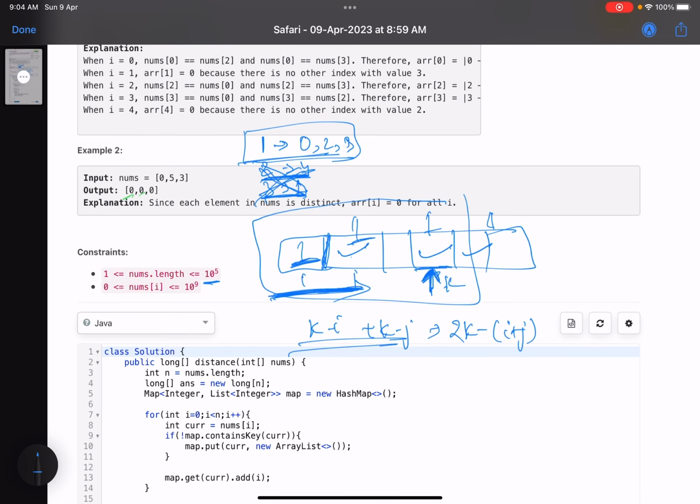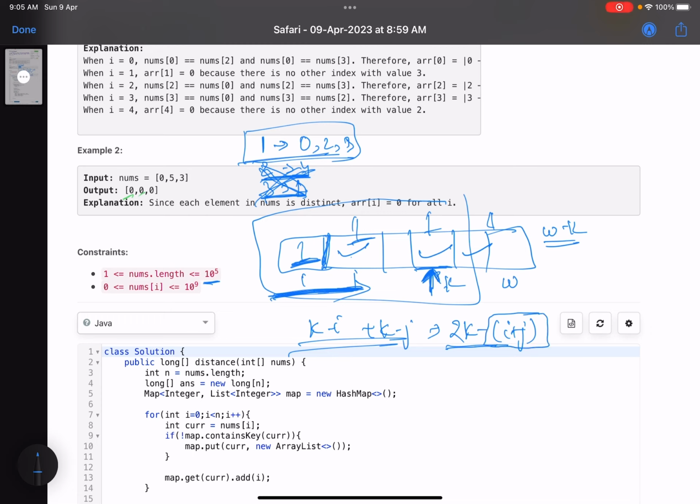Similarly, if this is index number w, I'll have to add w minus k in my answer. So let's talk about the left hand side first. This is 2k minus i plus j. What is this? This is the sum of indices on the left hand side.